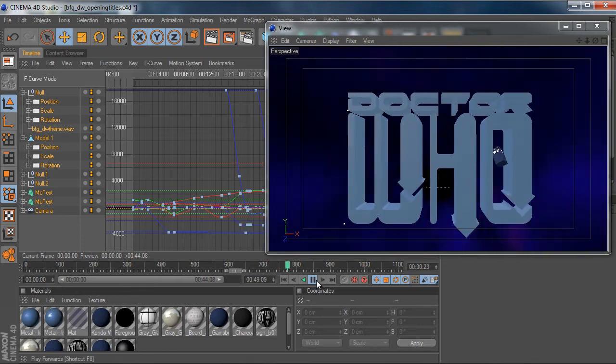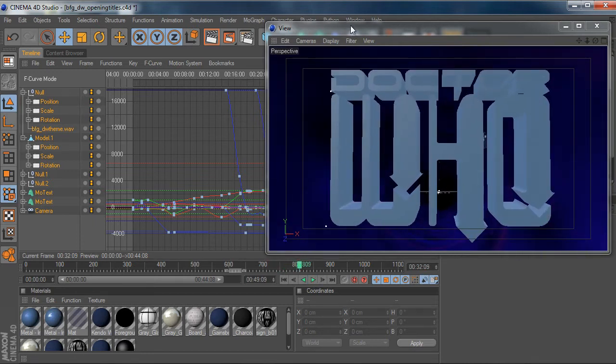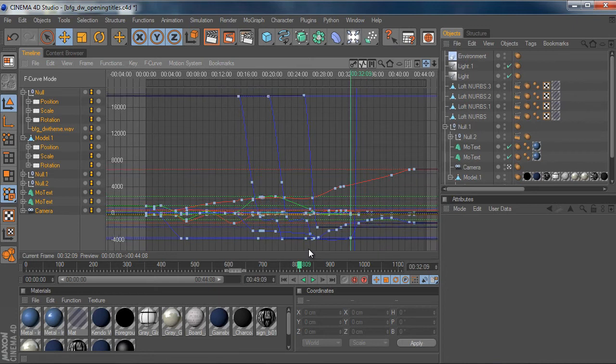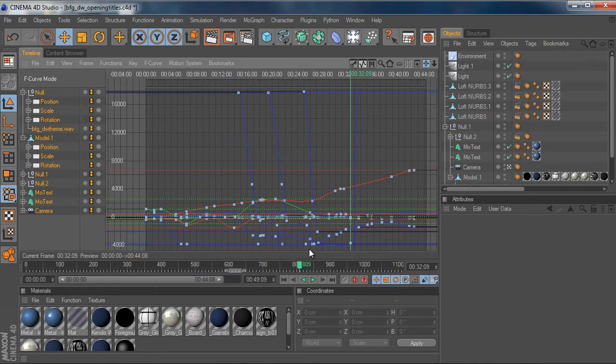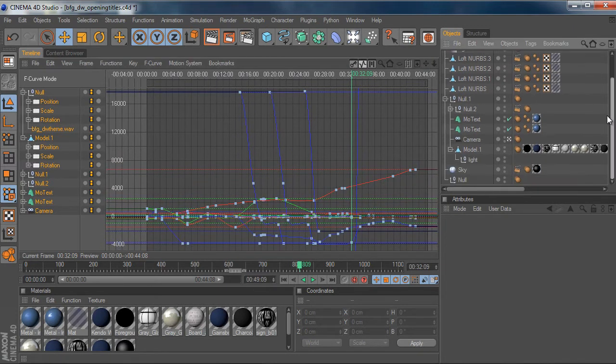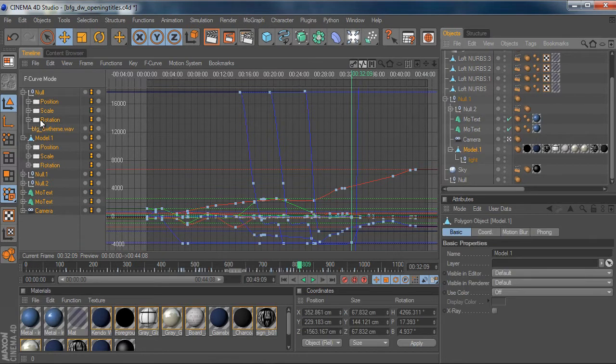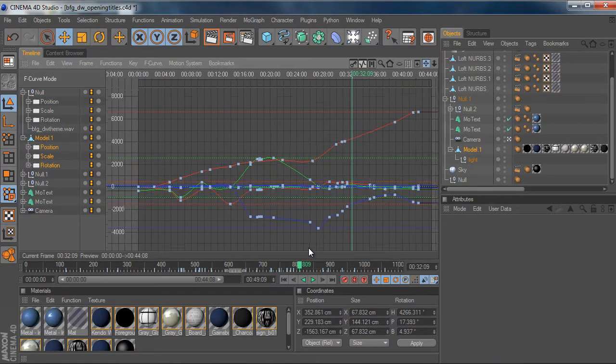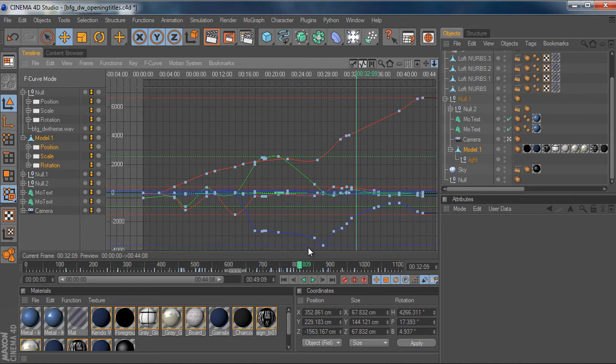And if I stop the animation and take away the view window, you'll see here just a bunch of lines. You probably won't understand what they are, but they're called animation curves. For example, my TARDIS is called here Model 1. If I have a look at the animation curves of Model 1, I get some basic lines, and what these lines are,